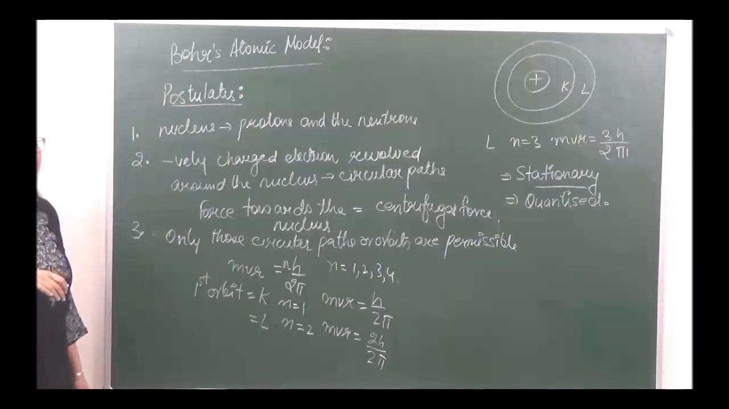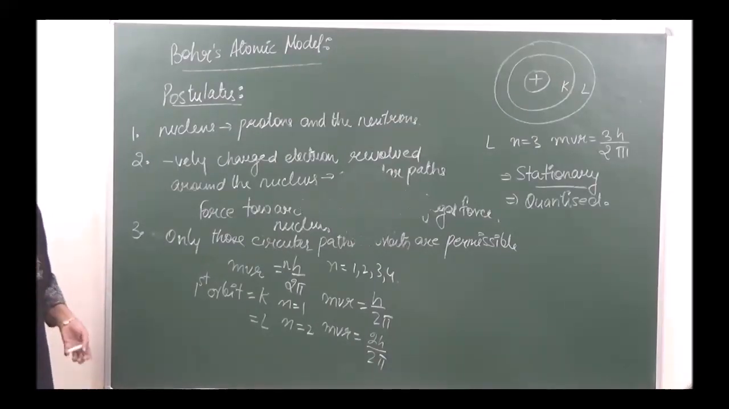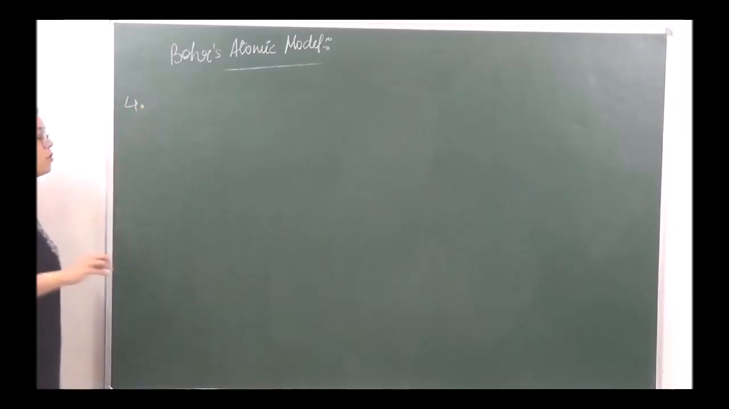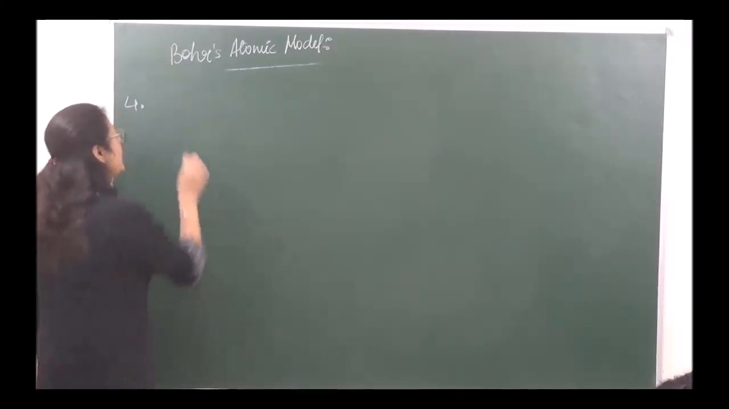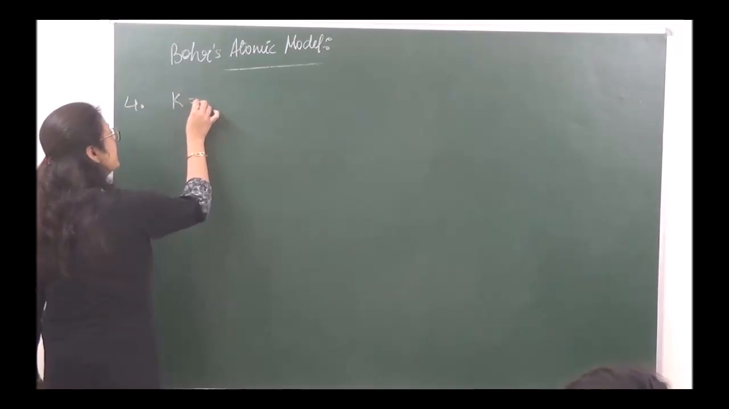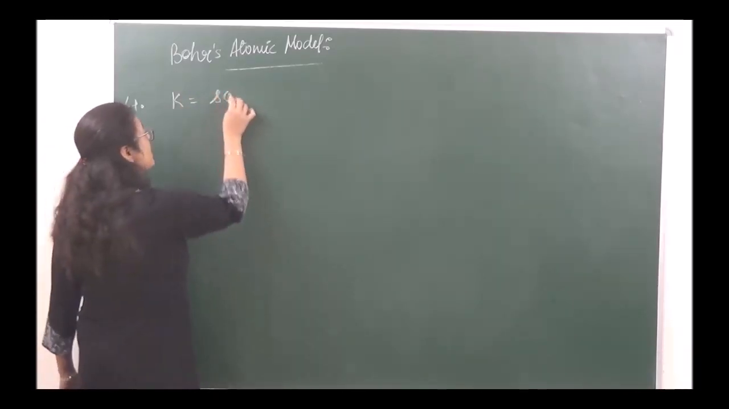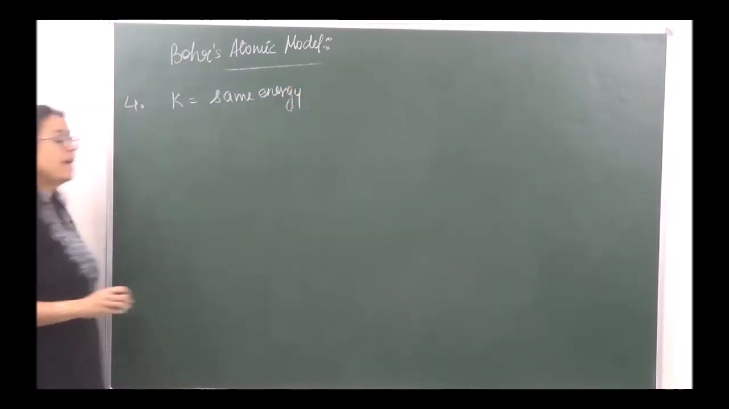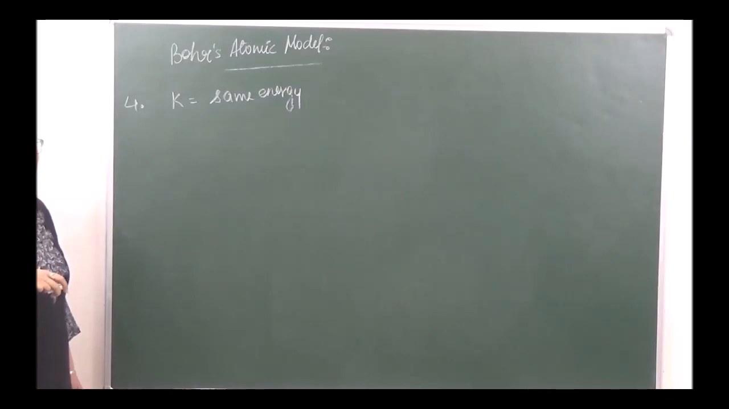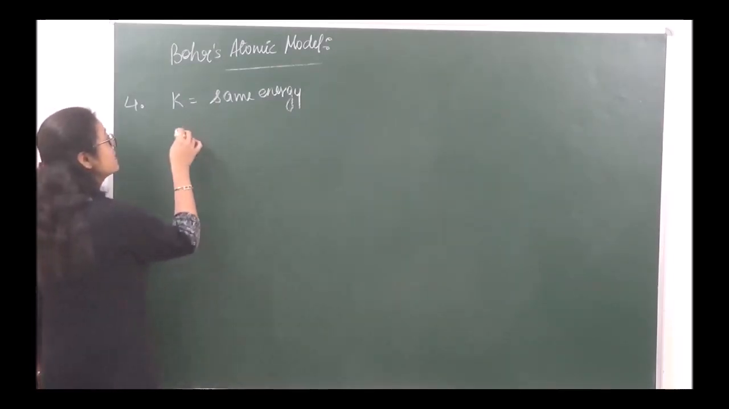It has a fixed value for each orbit. Then the fourth postulate of Bohr's atomic theory was that when an electron is staying in one particular orbit, for example in K, it will have the same energy. The energy does not change till an electron shifts from one energy level to the other. So it has the same energy, as a result of which we say when it is at the normal